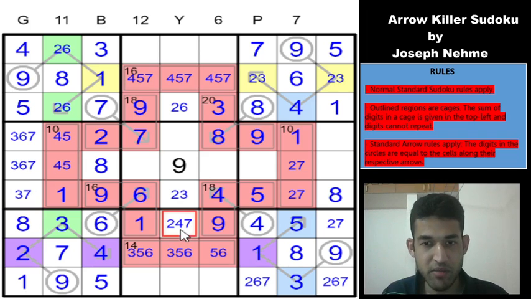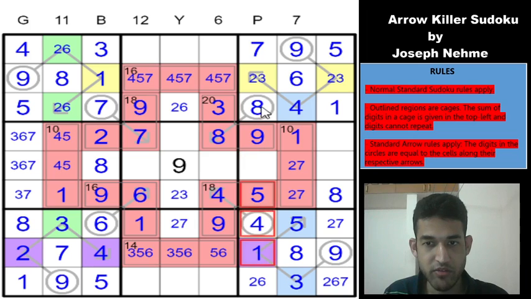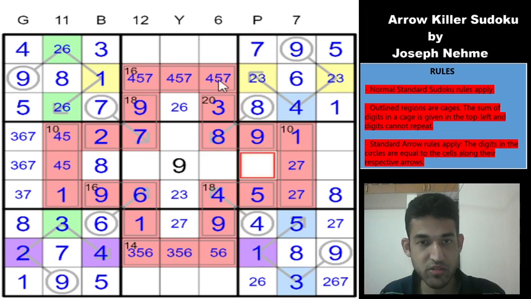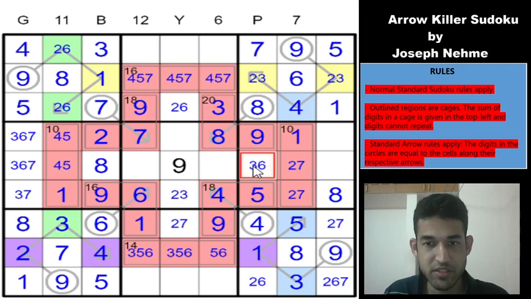Okay, 4 can be eliminated from here for the row. 7 can be eliminated from the column. This is going to be 1 4 5 7 8 9. So this is going to be 2 3 and 6, right? But 2 is here, which means this is 3 6,